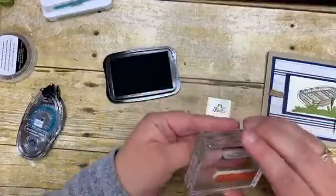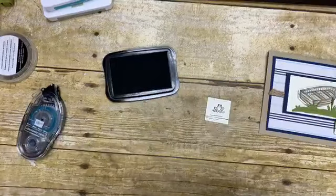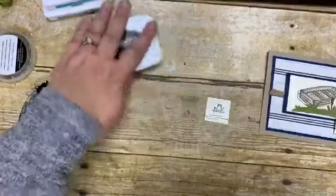I then used this little stamp set right here, this little stamp that looks like it's the Ripley water. And I just stamped it on the bottom. And then I'm going to color that in. I am crazy about my ink pads, you guys. They have to be